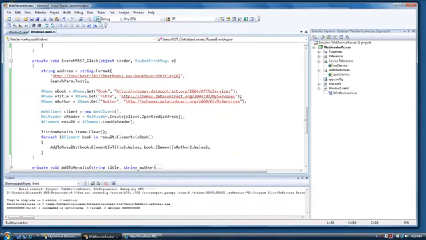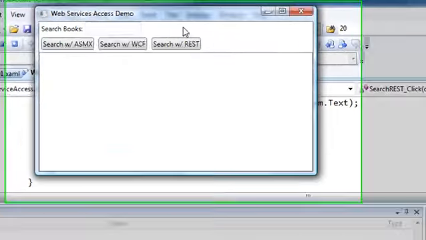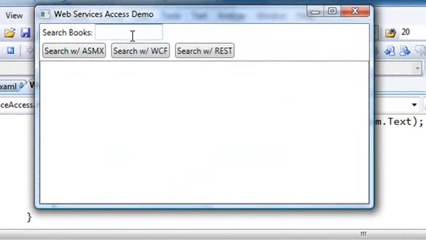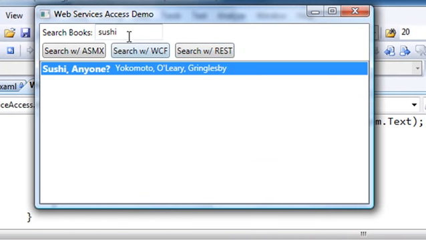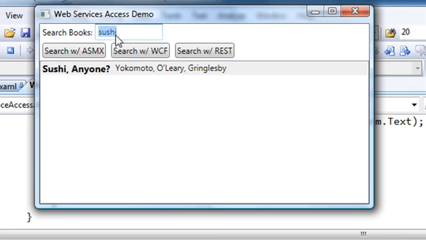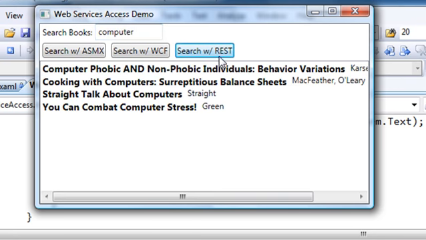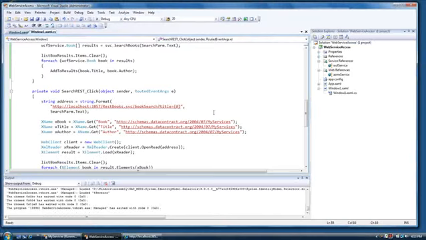Okay, so let's run the demo one more time. This time we can do a search. Let's search for sushi, and we'll search using the REST API, and we get a response. The same response if we use the REST API will still work if we search for computer or anything else. We get the same results regardless of which service we're using or which type of service,